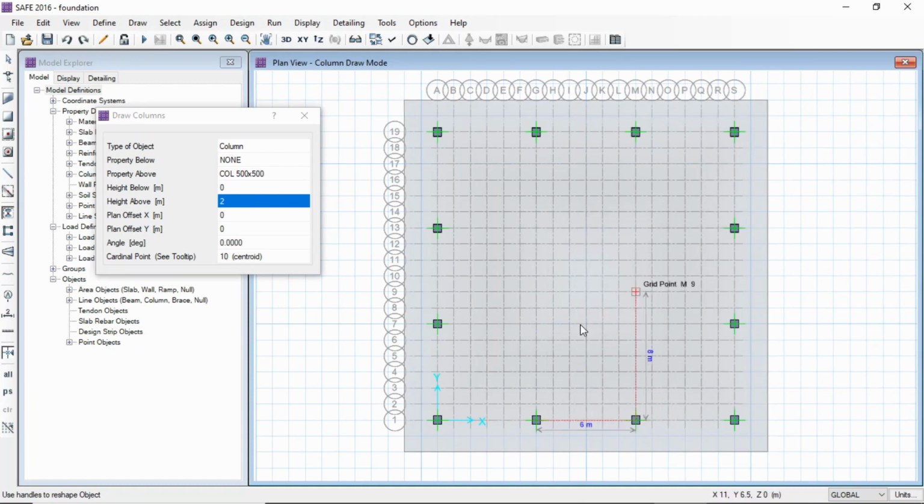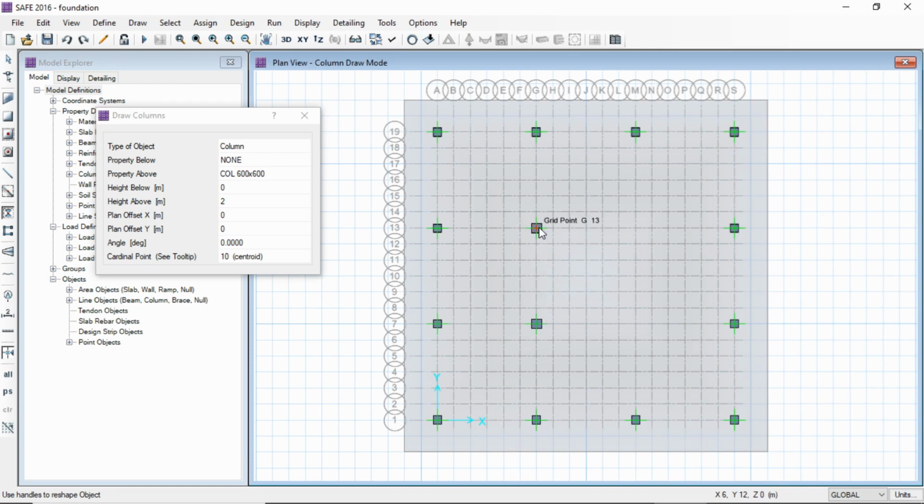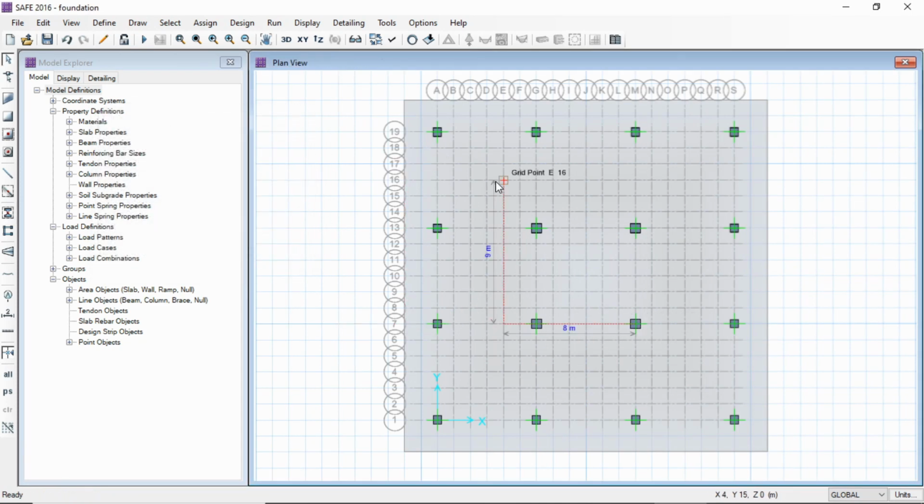So you can see the columns with dimension 500 into 500 we have drawn. Now we will be drawing the column with dimension 600 into 600. So carefully draw the column with dimension 600 into 600. Now we'll close. You can see we have drawn all the columns that are required for our foundation.